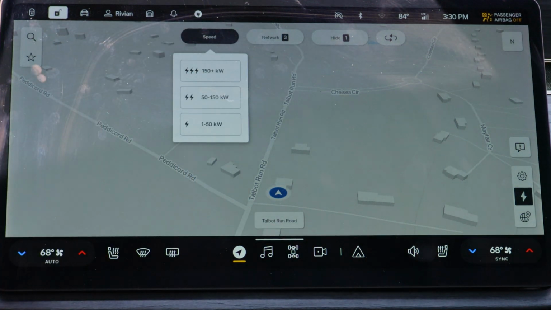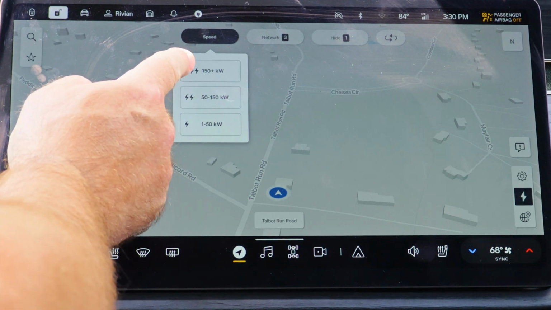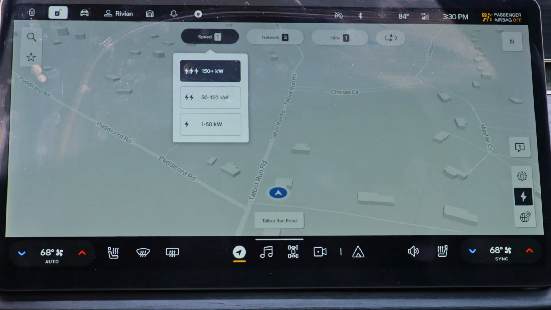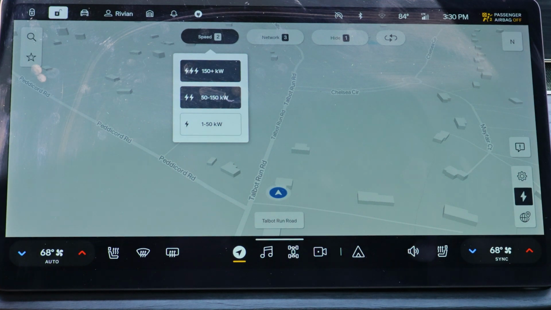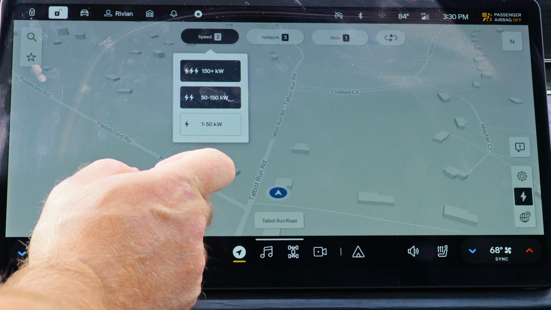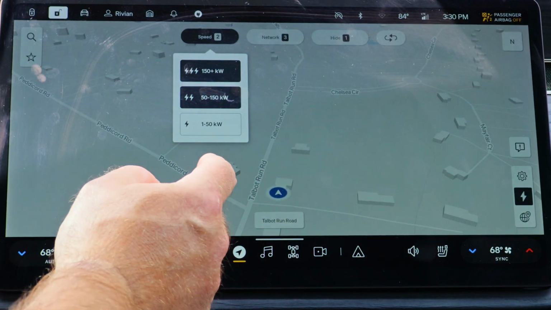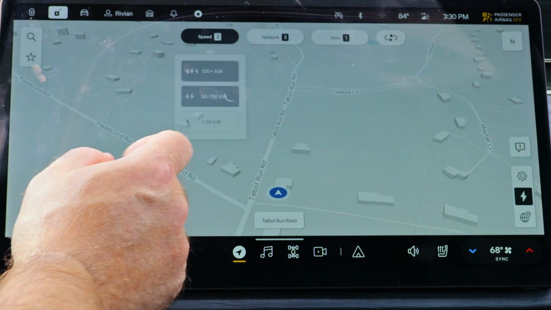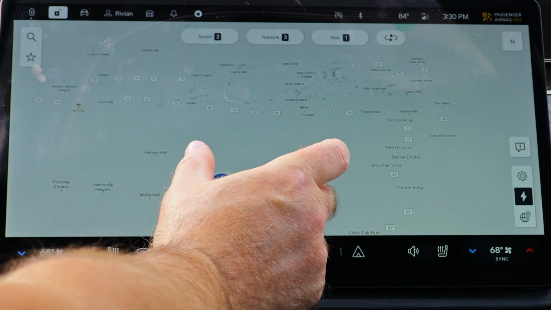And the last filtering option we have over here is speed. And if you're on a road trip, I really like the 150 kilowatt plus. And then the 2, we don't really want anything that's really slow. That's not going to be useful on a road trip. But if you're looking for something that's slow and you want to charge overnight, then you can select the other one. And then, if I zoom out here on the map,